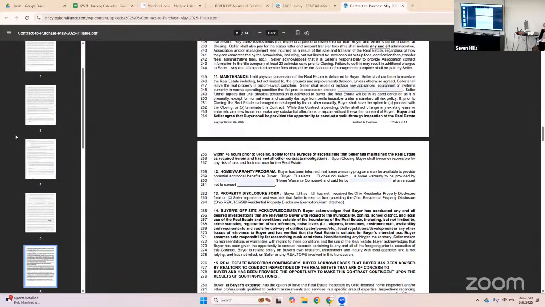Do buyers ask for sellers to offer the property deep cleaned? Is that normal? No, that's not typical. I mean, you moved here from out of state, as did I. Yeah, and I don't think there's anything wrong with that. That's a contingency that we could certainly add should we choose to do that. It's not typical. I don't think I've ever seen it on any contract I've ever written or accepted.